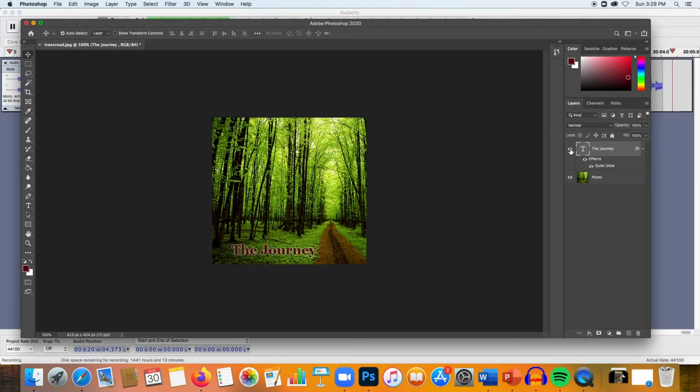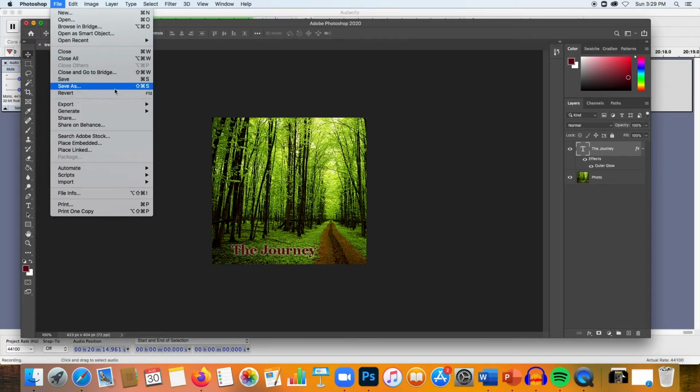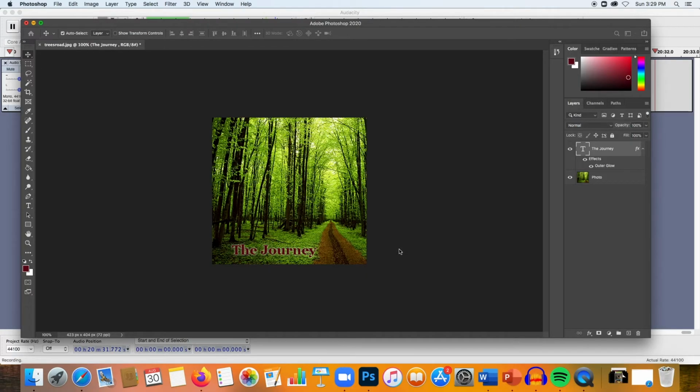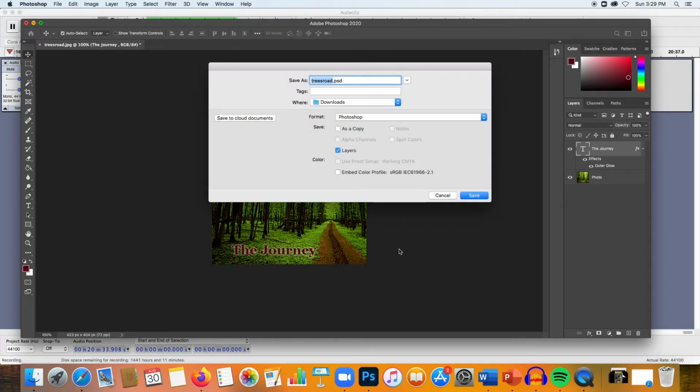Last thing I want to show you today in Adobe Photoshop is how to simply save the file that you've been working on. To do that, not surprisingly, you're going to go to File and choose Save As, but this next part is very, very important. If you're using a more recent version of Adobe Photoshop, especially within the Creative Cloud, it will ask you if you want to save it to the cloud or on your computer. I'm going to choose Save on your computer for now,